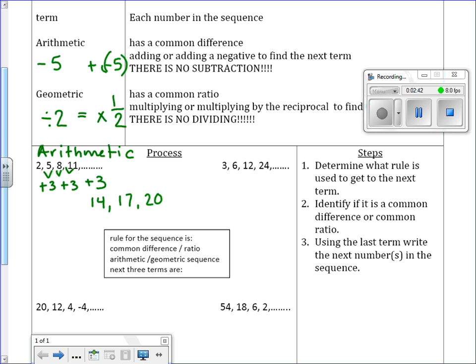Now I have 3 to 6, I could say plus 3, but then it goes 6 to 12, and that looks like plus 6. So it's not a sequence that's arithmetic, because the number I'm adding is different. So from 3 to 6, I'm going to say it's times 2. And from 6 to 12, times 2. See how it's the same between each one. And 12 to 24, that's a times by 2. So by doing that, I'm going to call that a geometric